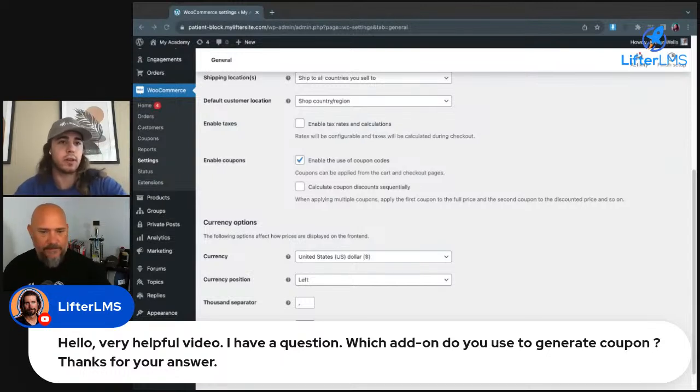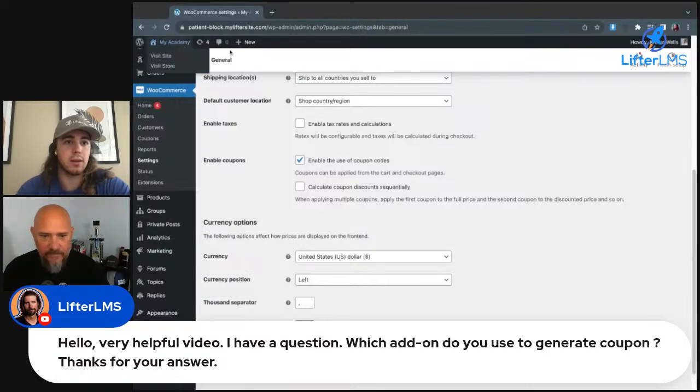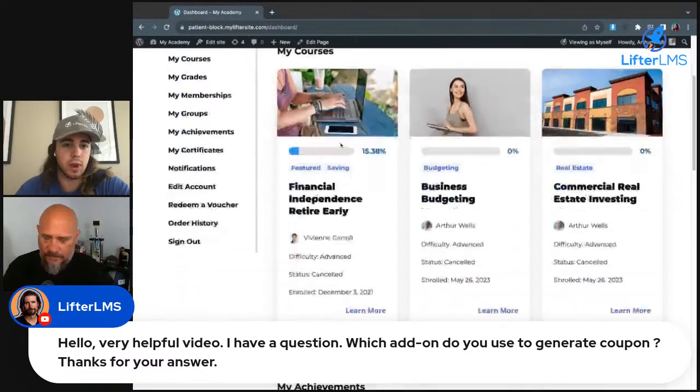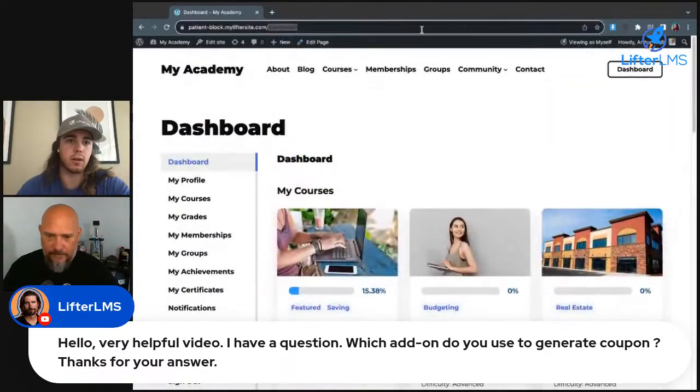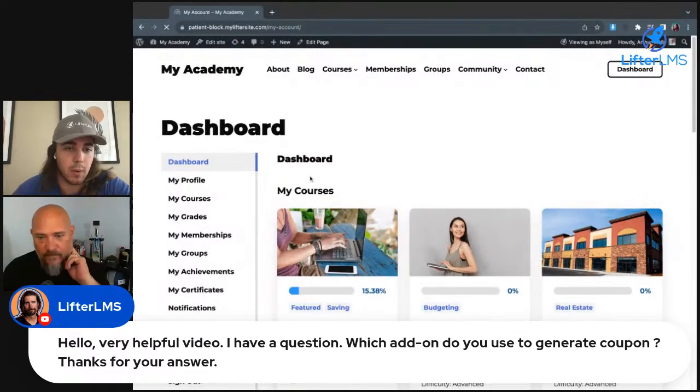But then when you're using LifterLMS alongside WooCommerce, all of the payments will be going through WooCommerce. So the whole e-commerce and stuff is managed there. And we recommend when you're using WooCommerce to use the LifterLMS WooCommerce integration to add the LifterLMS items to the WooCommerce My Account page. So instead of using the default LifterLMS student dashboard like you see here, you could use the WooCommerce My Account page. I don't know if I have that configured on my website.